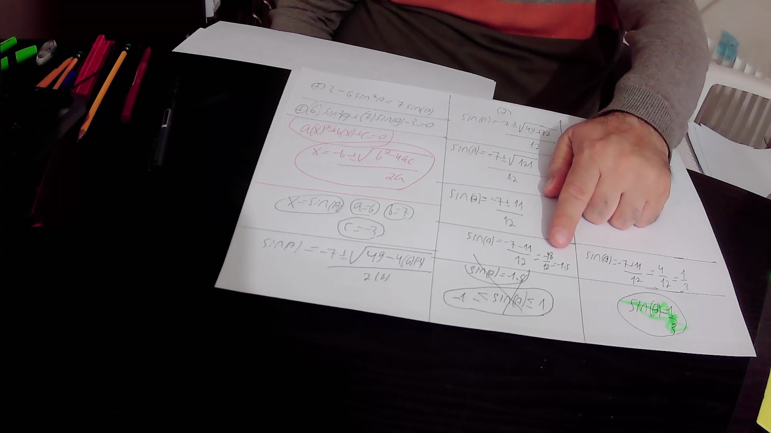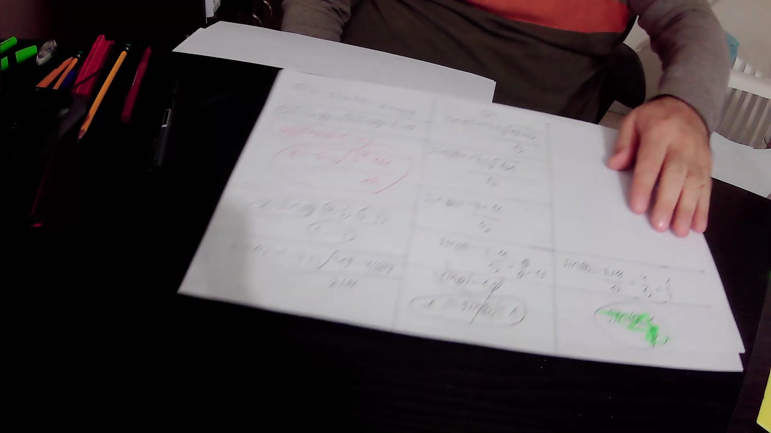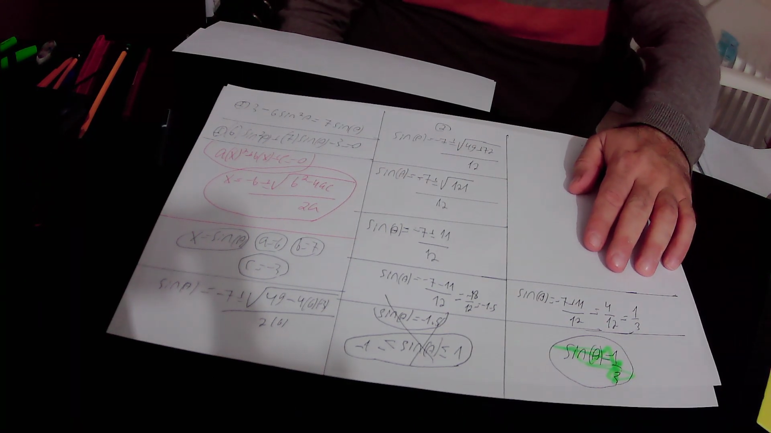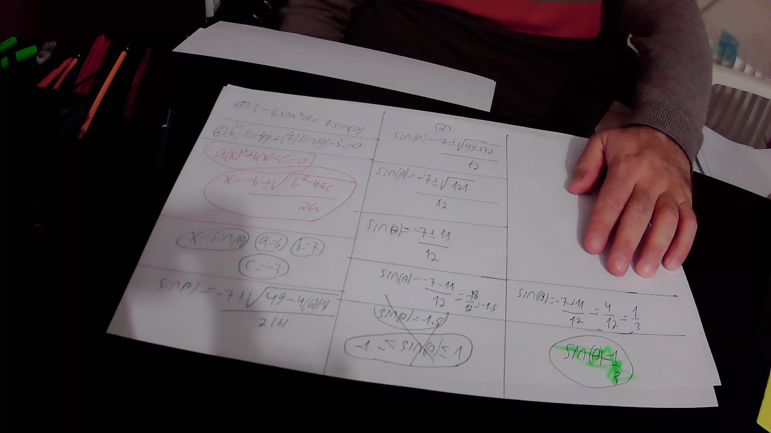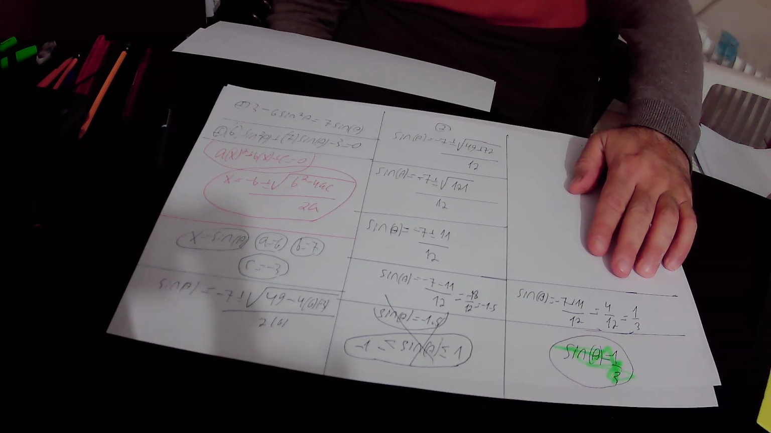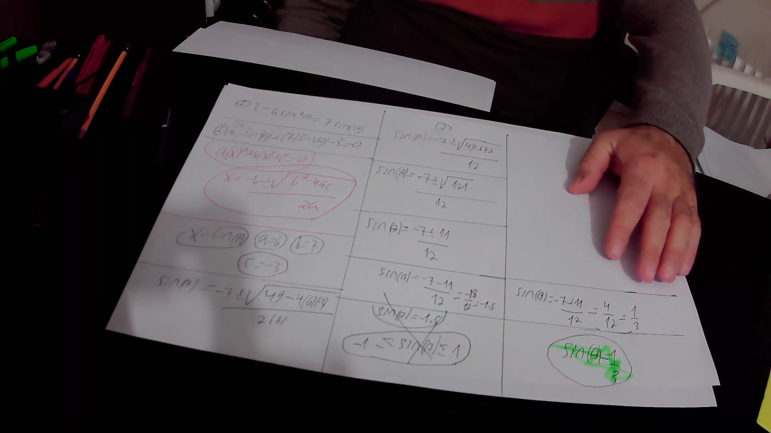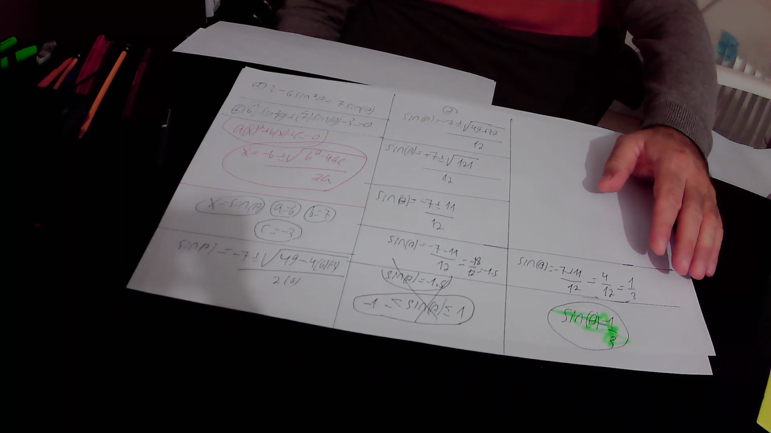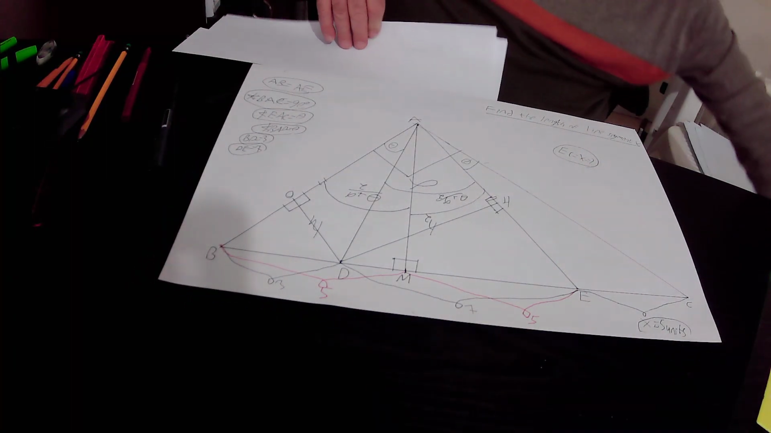We will cancel this solution and focus on the second solution, that sine theta equals minus 7 plus 11 over 12. Minus 7 plus 11 is 4, so 4 over 12. We divide both the numerator and the denominator by 4, and we get that 4 over 4 is 1 and 12 over 4 is 3. So in conclusion, we found out that sine theta equals 1 over 3. Okay, then